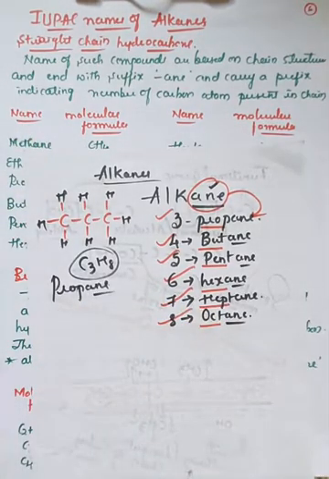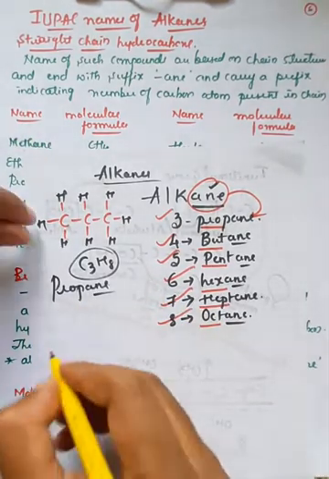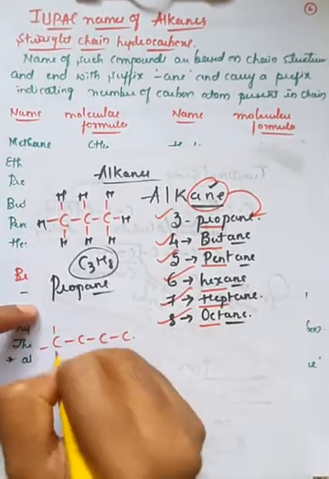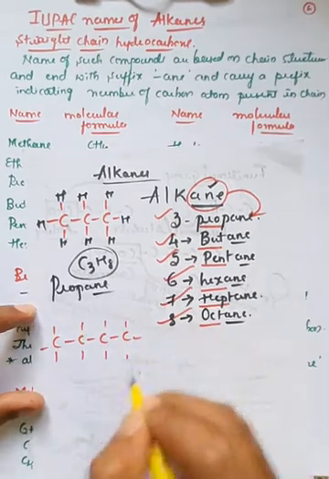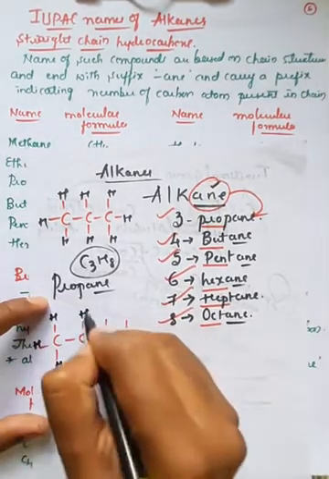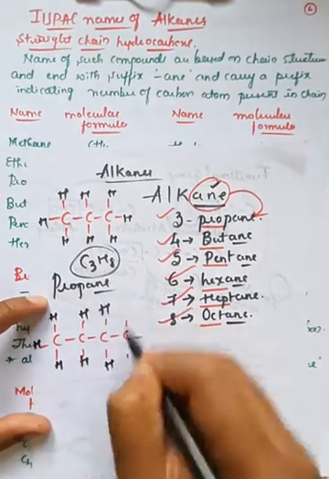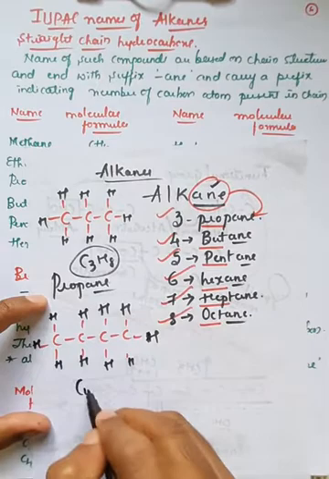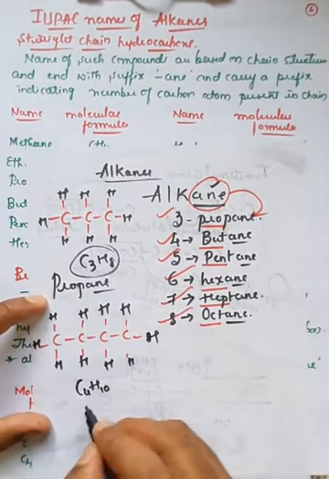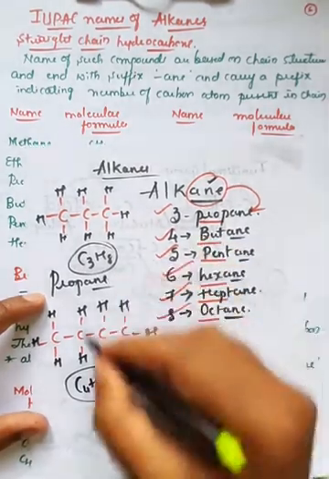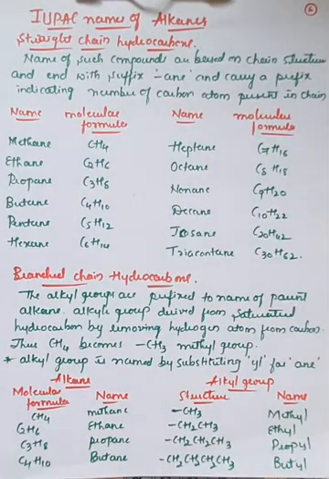So if you take the example of butane, in butane what happens? It consists of 4 carbon atoms. Right? So these 4 carbon atoms are further bonded with hydrogen atoms. Right? 1 hydrogen, 2, 3, 4, 5, 6, 7, 8, 9 and 10. So this is an example for C4H10. So C4H10 is generally called butane, like this. I have given this here in a tabular arrangement.